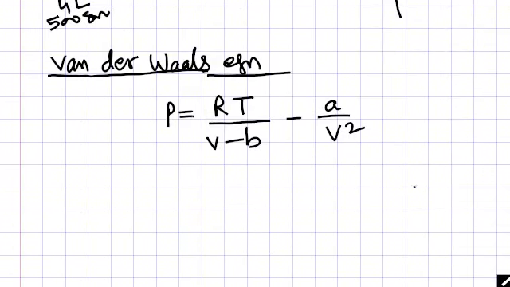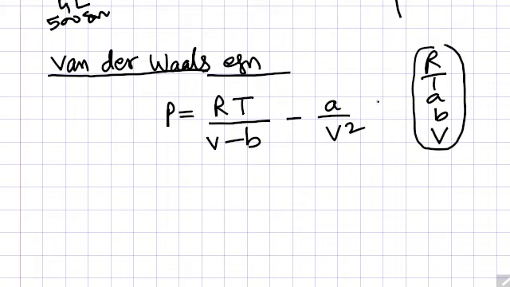So now we come to calculation of volume with this equation. Actually, if you see this equation, you will find that if you have to calculate the pressure, then you need to know R, T, A, B and the volume of the system. If you know these 5 variables, then you can very easily calculate. It's just a linear equation for pressure. But the problem comes when you have to calculate volume.